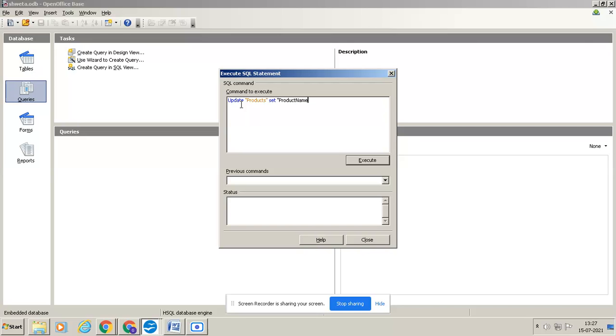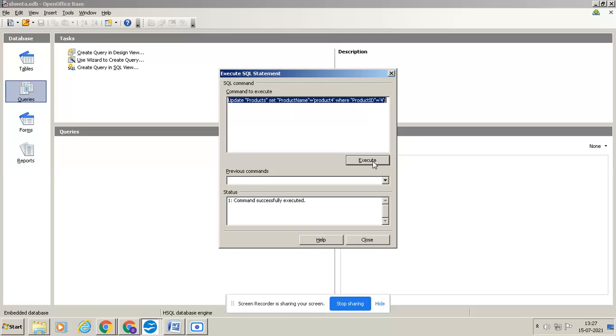Product name, with capital P, which is equal to product 4, because I want to change that name to product 4. Where is it present? It is present in product ID, which is equal to 4, where ABC is present. So I am writing this where it is present.